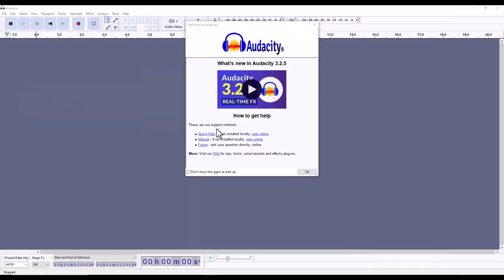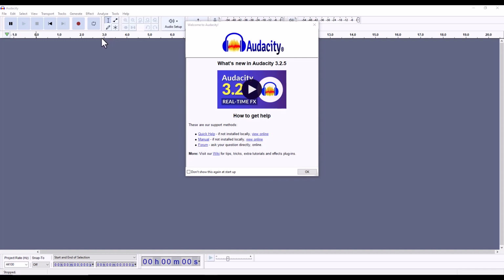So before I get started, I do just want to talk about why we choose Audacity for sound editing here in the CIP, why this is our first choice. And the biggest reason for that is that it is the same whether you're on a Mac or a PC. So some people like to use GarageBand because it might be a little bit more intuitive or it looks a little nicer.